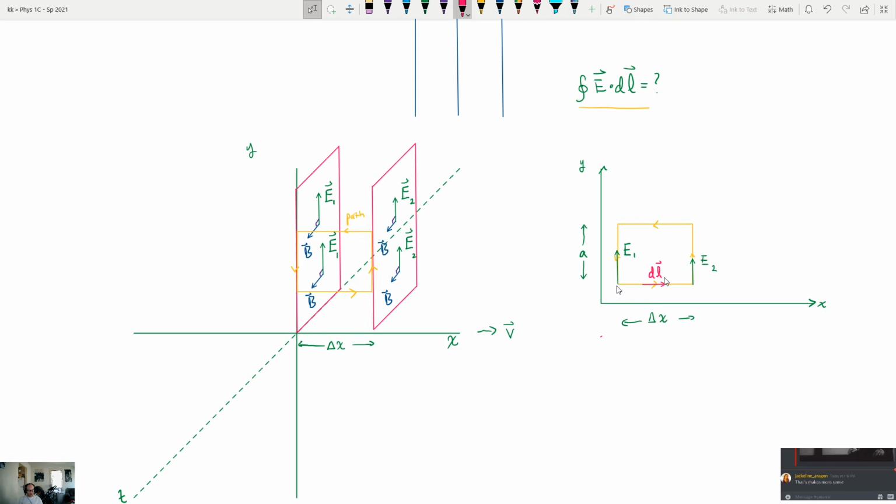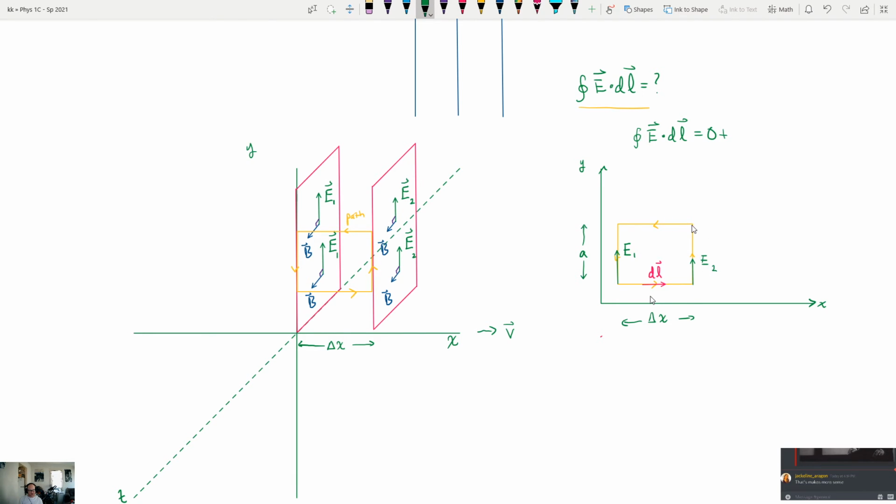what we're going to get is, along the bottom, E dot dl is going to be 0, okay? Along the right side as I travel along here, I think there's enough room to start this up here. When we do E dot dl, we're going to get, along the bottom side, 0. Because the electric field is only oscillating up and down, which means it can only point up and it can only point down. It cannot point left and it cannot point right, which means the angle between the electric field and dl along the bottom here is equal to what? This is 0. 0, right? Yeah. So we get 0 along the bottom, plus